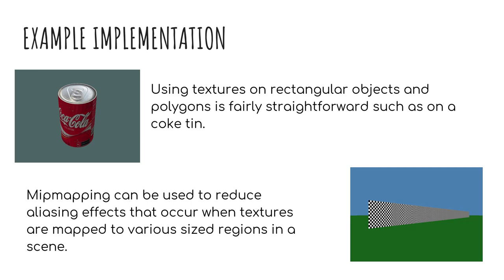So for the second example, mipmapping is one of the methods for texture mapping. Mipmapping can be used to reduce the aliasing effect that occurs when textures are mapped to various size regions in a scene. So mipmap filtering modes can also improve the appearance of the scene. So next,